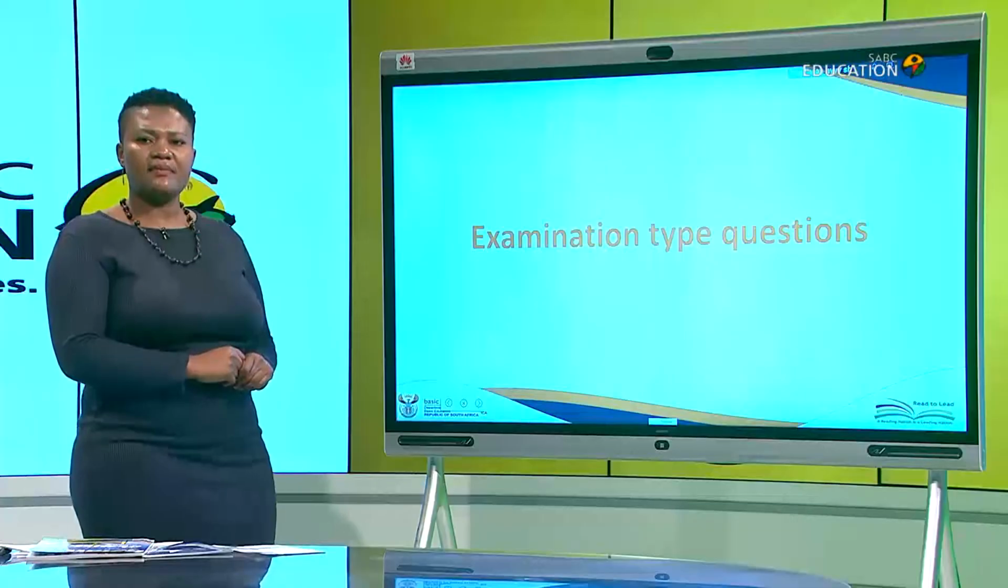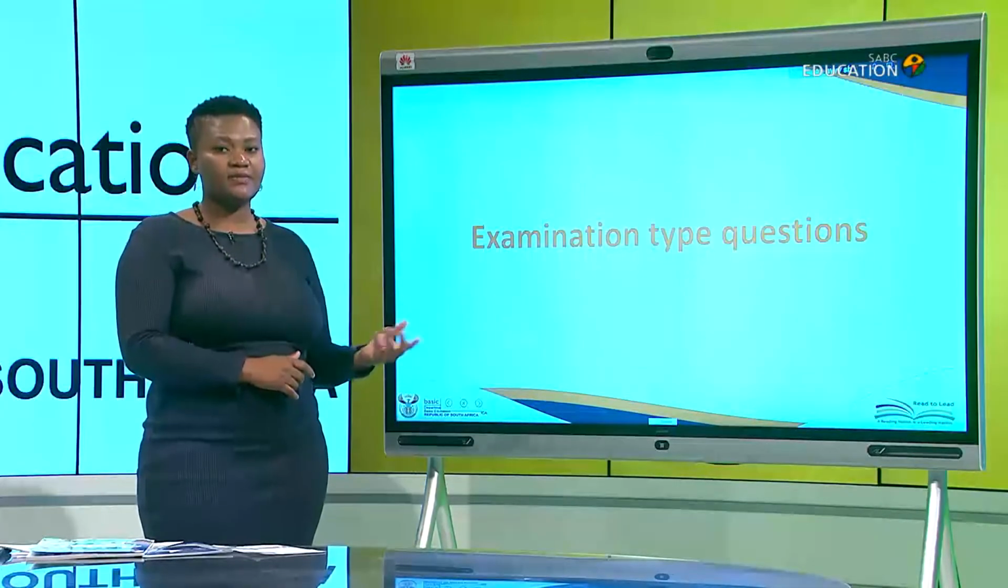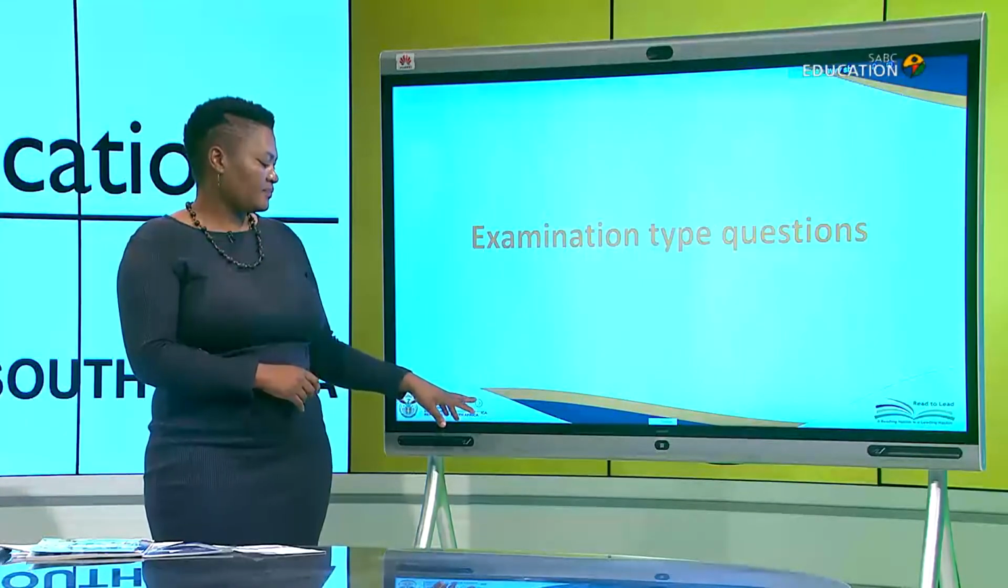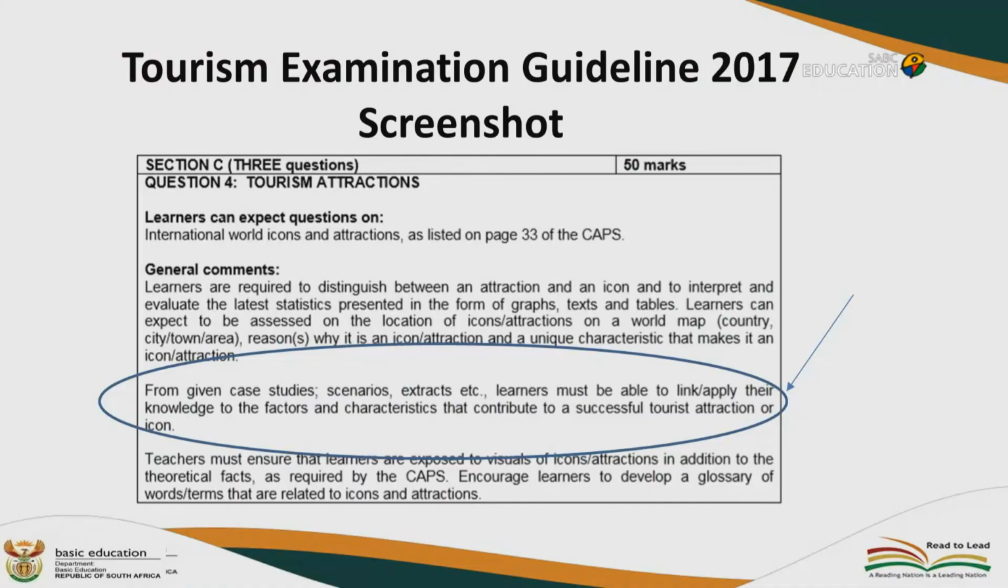And then we've got the examination type of questions. These are the type of questions that you might be faced with when you are in the exam. Over here, guys, I've got the Tourism Examination Guideline 2017 screenshot. Remember that this particular question is assessed in section C, question 4, under tourism attractions. So I've put a circle that is emphasizing what I'm actually on in today's lesson,